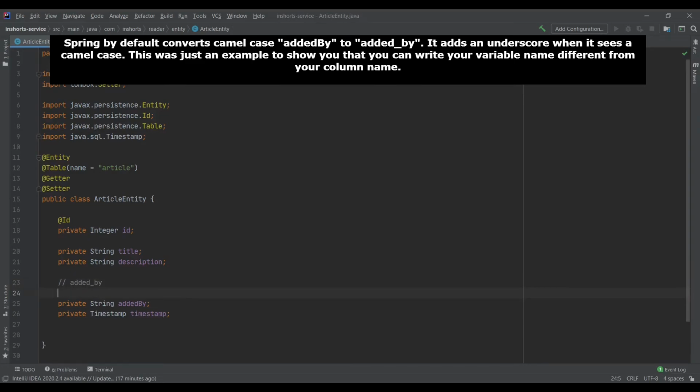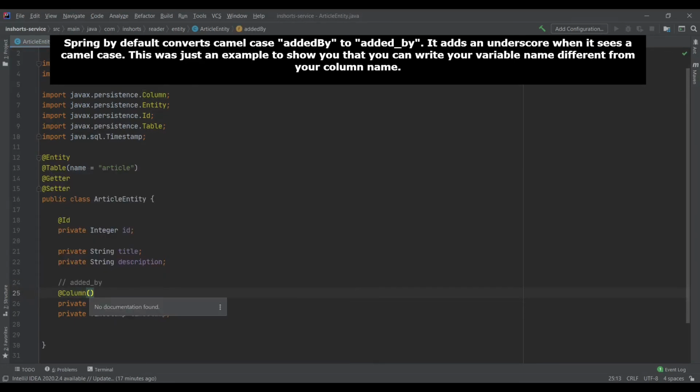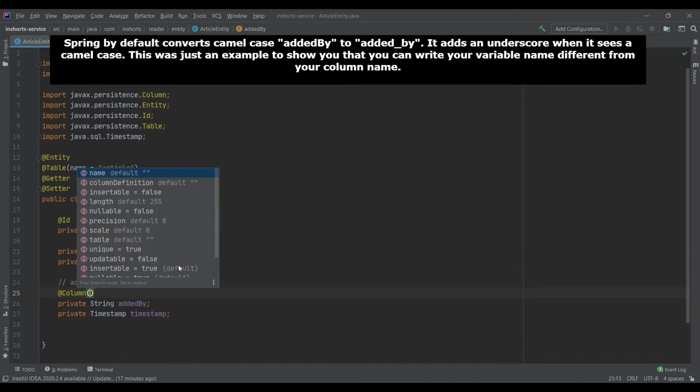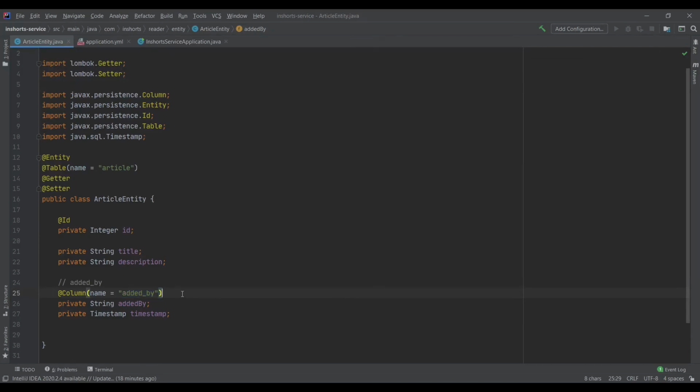You can change that by writing the @Column annotation, and inside that you can add your own name, so instead of creating the default name addedBy, it would be created as added_by. Let's keep it simple and leave everything as it is.